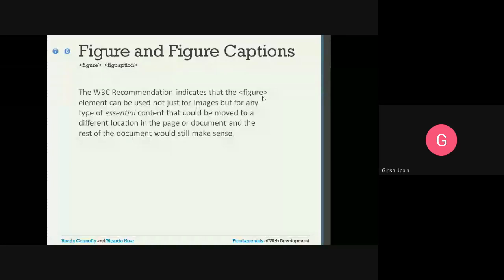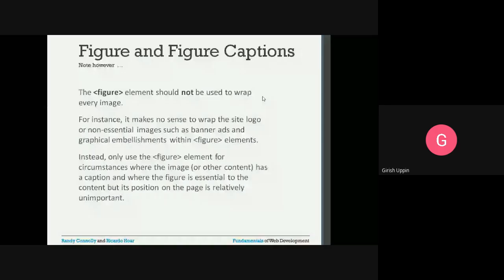Figure and figure caption. The figure element should not be used to wrap every image. We should not wrap every image, because if it is relevant for the HTML document from the semantic perspective, we have to use the figure. For instance, it makes no sense to wrap a site logo or non-essential images such as banners, ads, and graphical embellishments within figure elements.